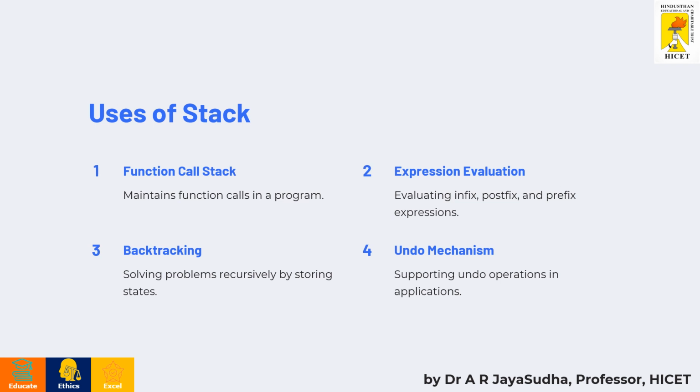Each time a function is called, its execution context, including parameters, local variables, and return address, is pushed onto the stack. As the function completes execution, its context is popped off the stack, allowing the program to return to the caller. This mechanism, known as the function call stack, enables recursive function calls, nested function invocations, and efficient memory management